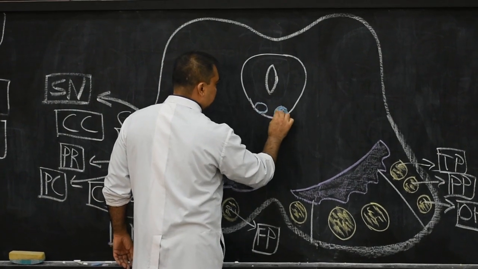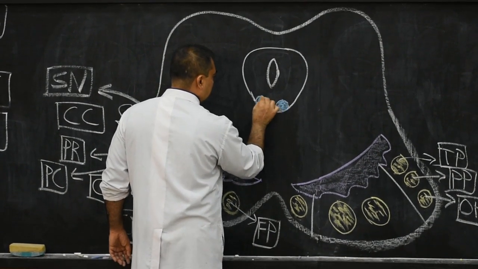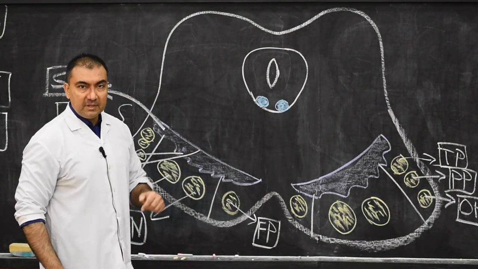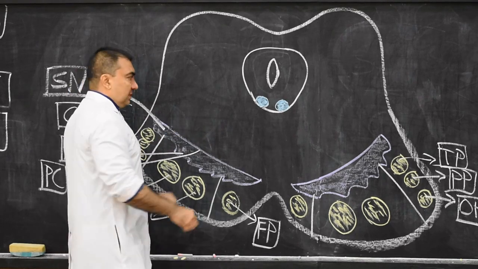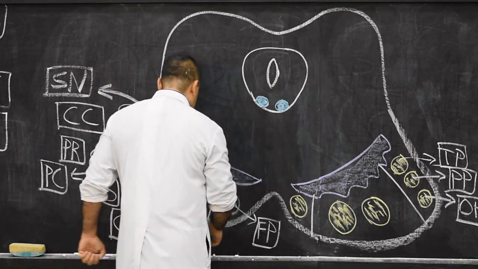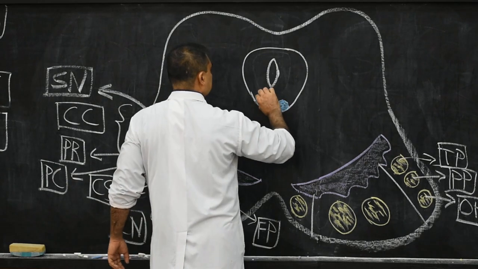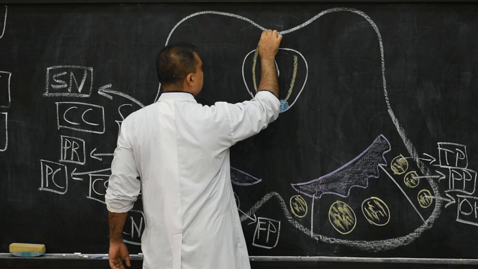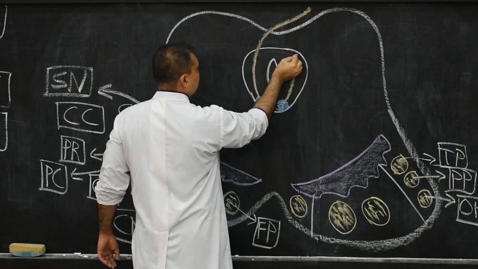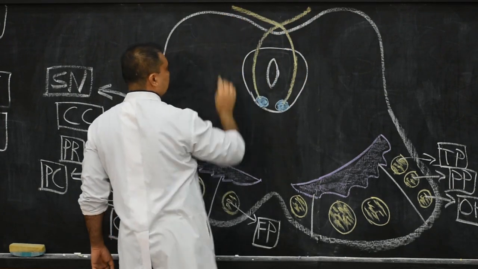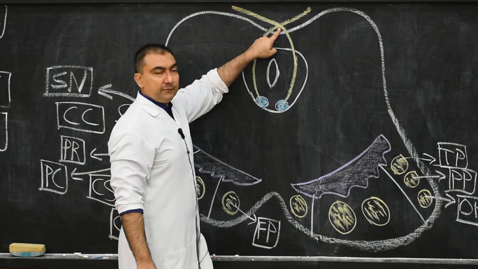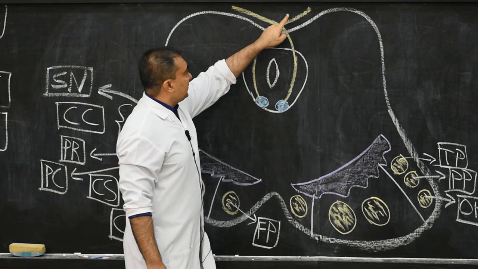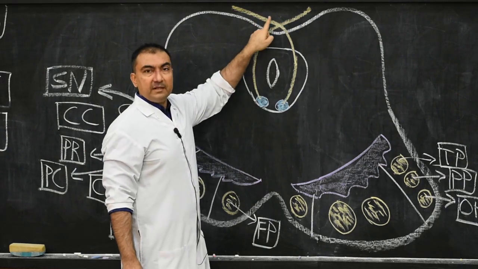Remember, this is a cross section of the midbrain at the level of the inferior colliculi. So the trochlear nerve nucleus is present ventrally in the central gray matter, and from here the nerve will pass. This is the trochlear nerve, which will pass through the central gray matter on either side, then pass posteriorly and cross. Where is it crossing? This point is the frenulum veli. This is the frenulum veli, and the trochlear nerve will cross here in the superior medullary velum.